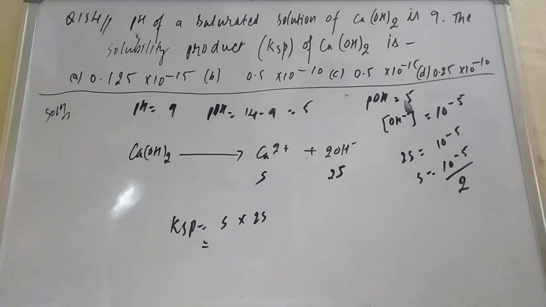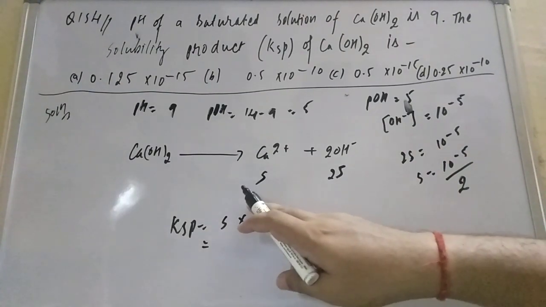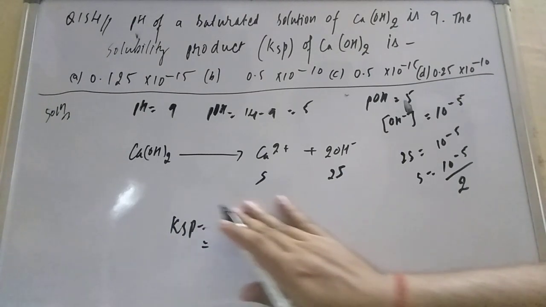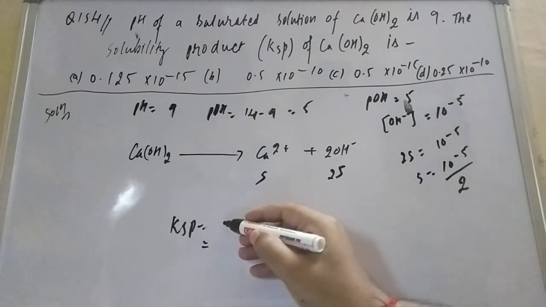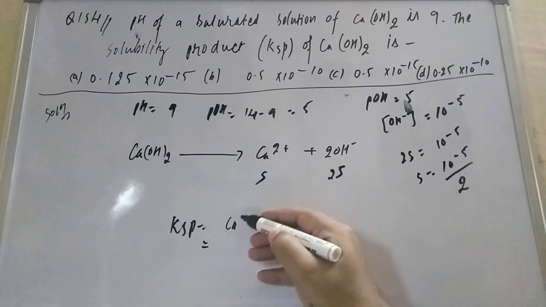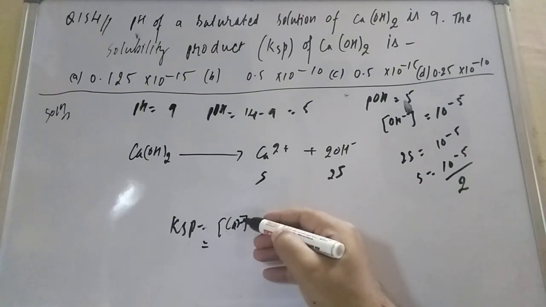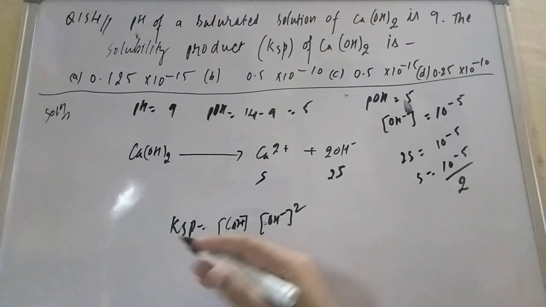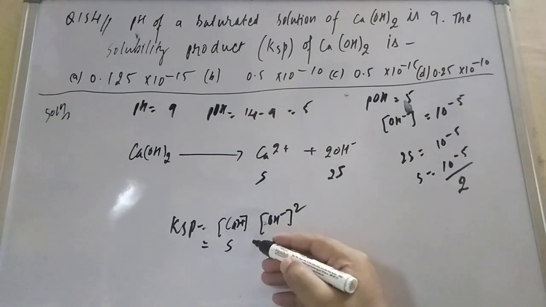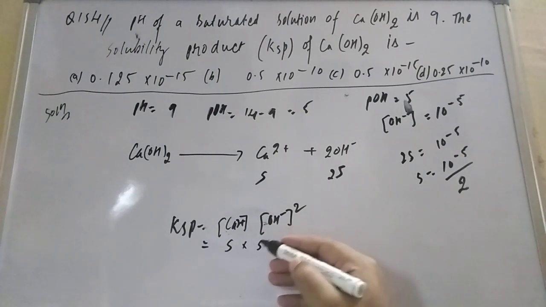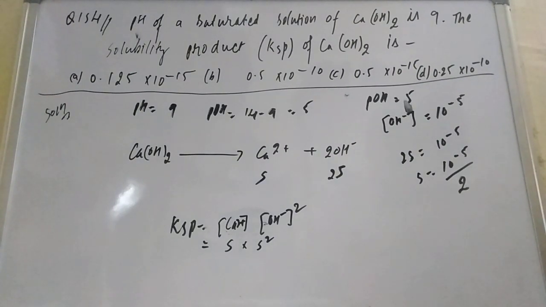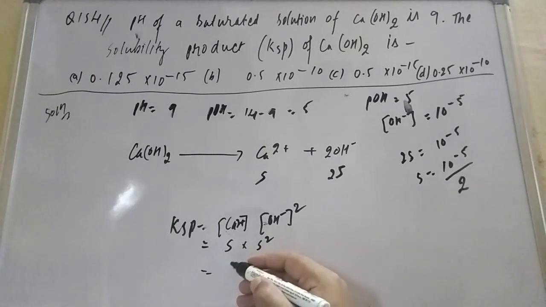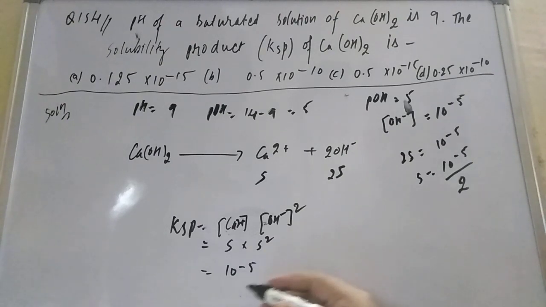Actually Ksp is equal to, here you write, better you write how to write the solubility product. So for solubility, you can write Ca²⁺ multiplied by OH⁻ to the power 2. Here if you take the solubility of calcium as S, the OH concentration will be 2S squared. Okay, now you put in the values, students. So what is the S value? 10 power minus 5 by 2.